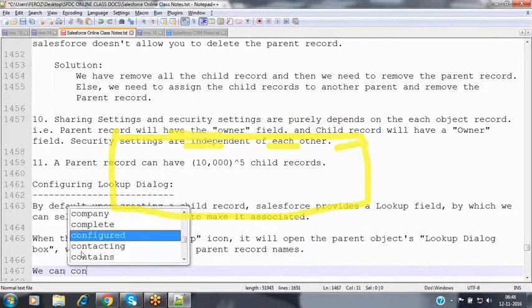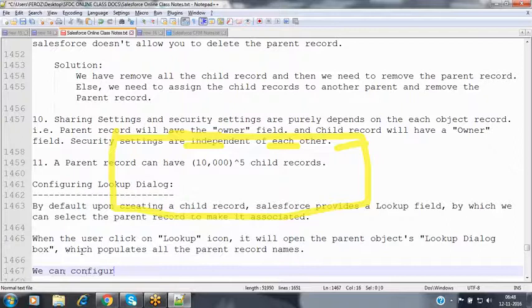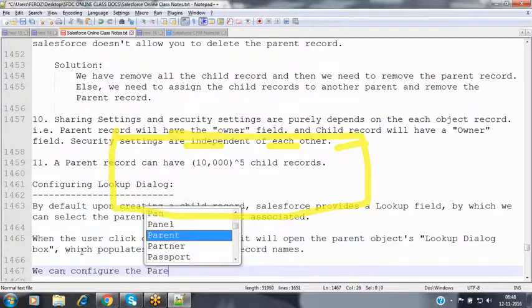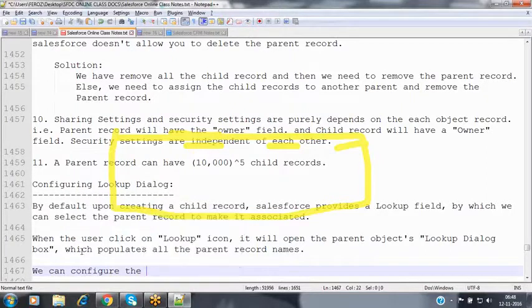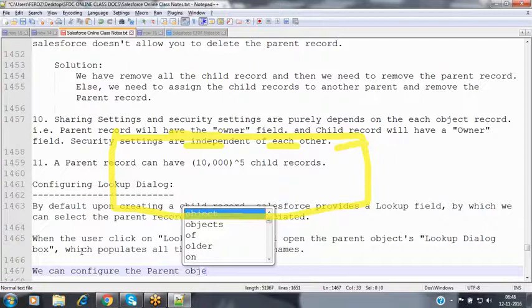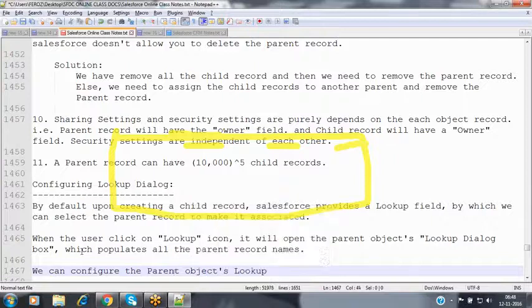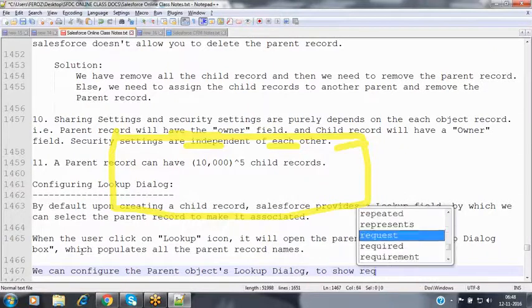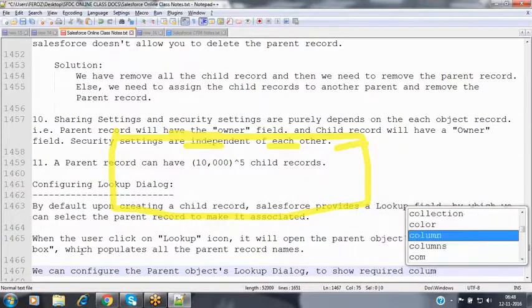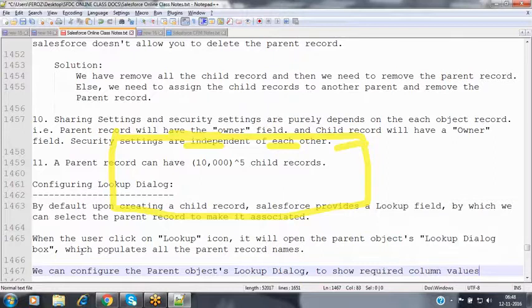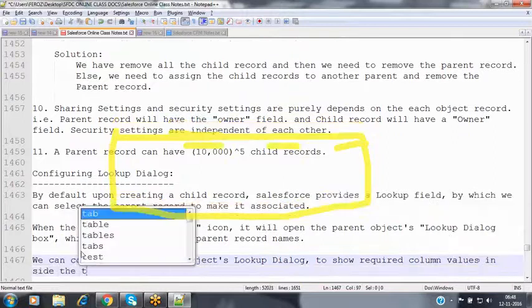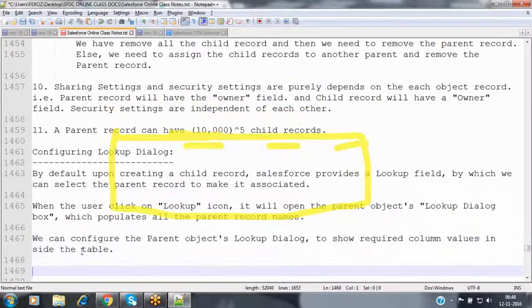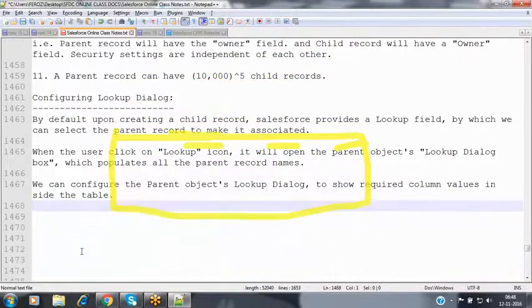Now, we can configure the parent object's lookup dialog to show the required column values inside the table. Now the navigation. Then how can we configure here?